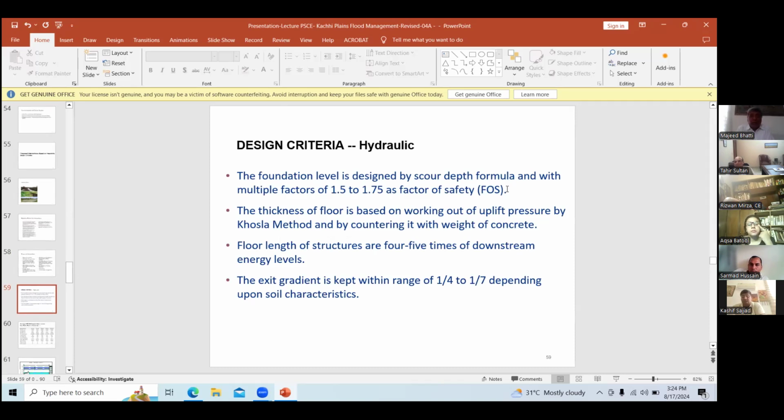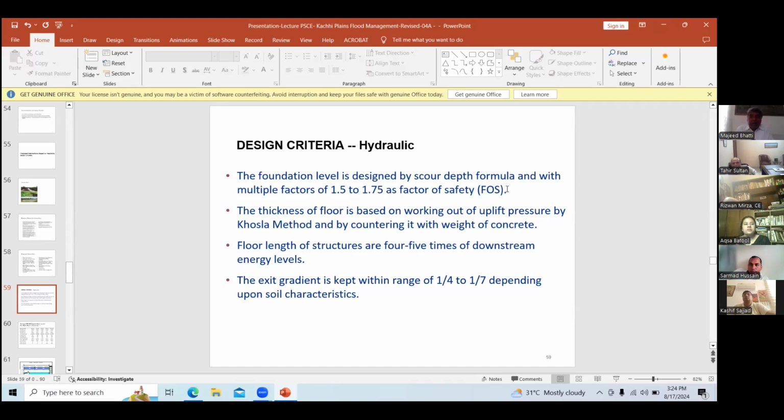So this is a design criteria for hydraulics. You can go through it. All the engineers know that. I will just say that we have adopted the Federal Flood Commission criteria for freeboard, that is 1.5 feet to 1.75, sorry, factor of safety.